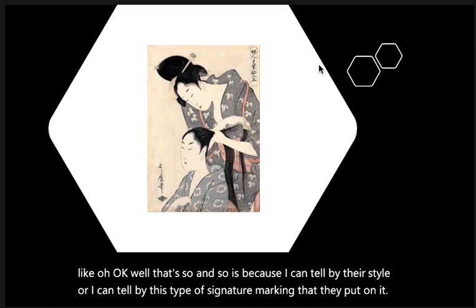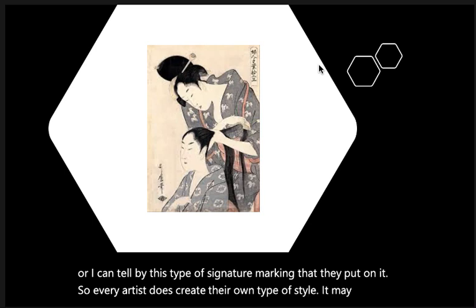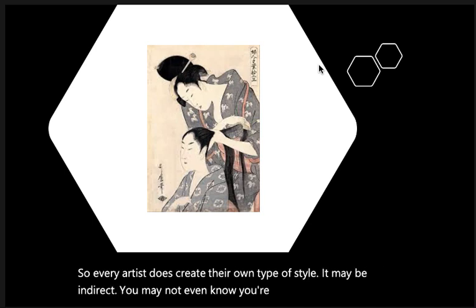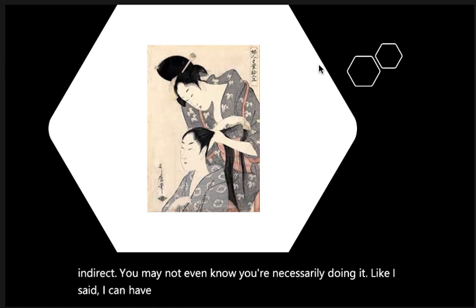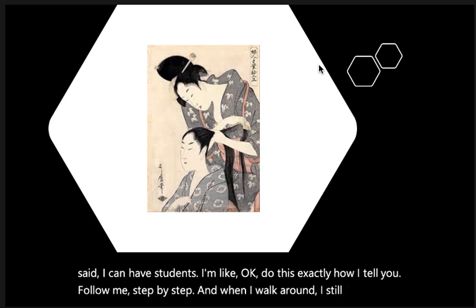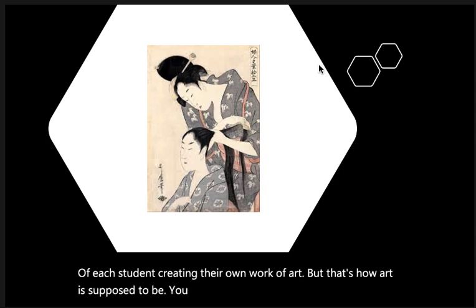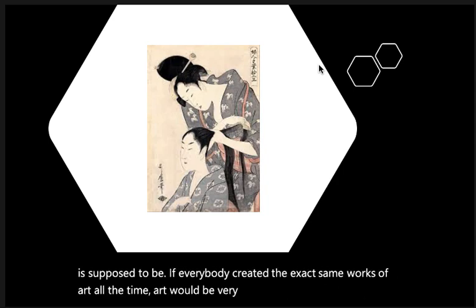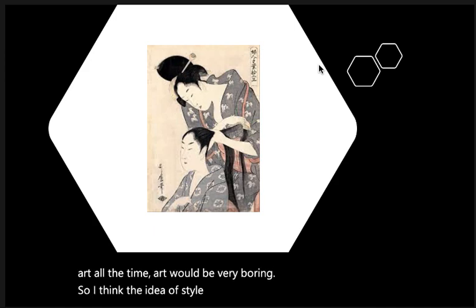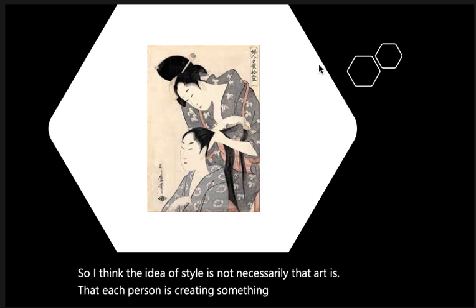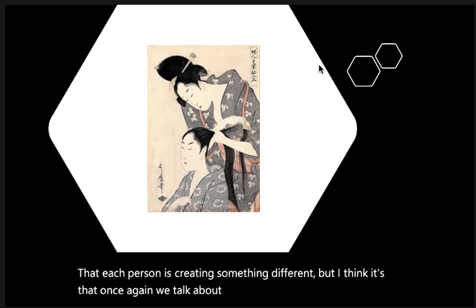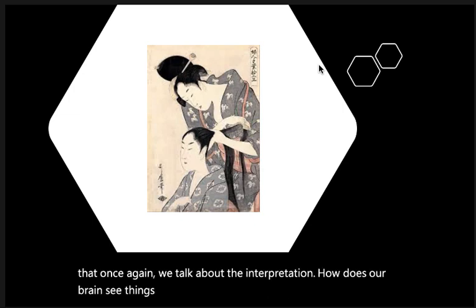So every artist does create their own type of style. It may be indirect, you may not even know you're necessarily doing it. Like I said, I can have students, I'm like, okay, do this exactly how I tell you, follow me step by step. And when I walk around, I still see a stylization of each student creating their own work of art. But that's how art is supposed to be. If everybody created the exact same works of art all the time, art would be very boring. So I think the idea of style is not necessarily that each person is creating something different, but once again, we talk about the interpretation, how does our brain see things? How is it interpreted and processed, excuse me, and how do we